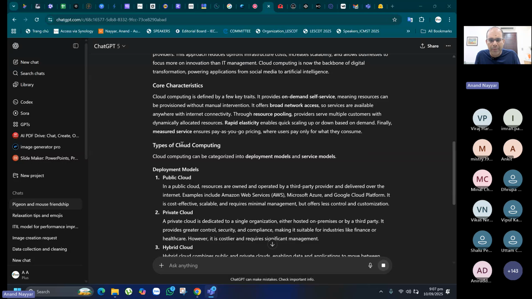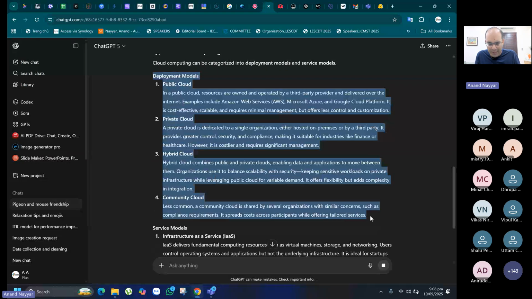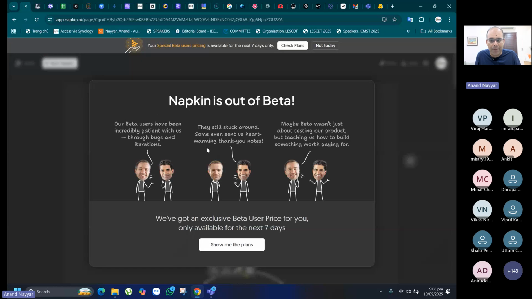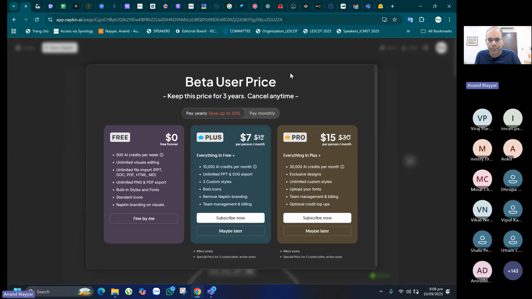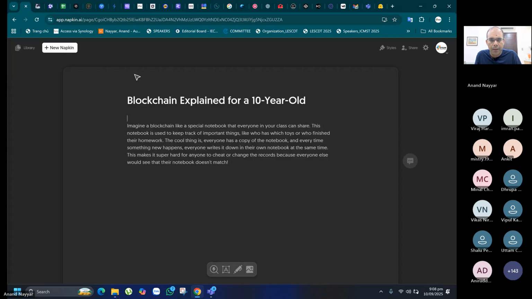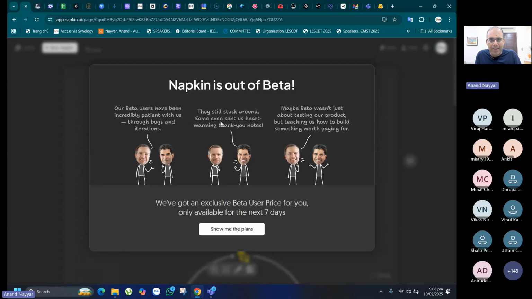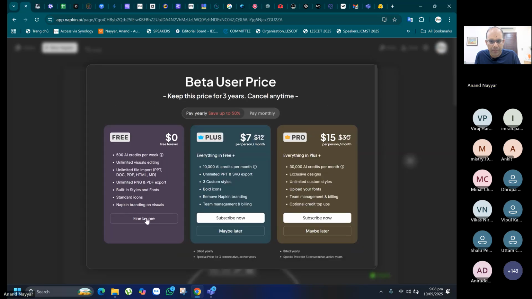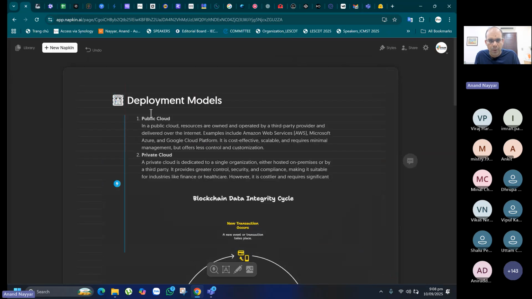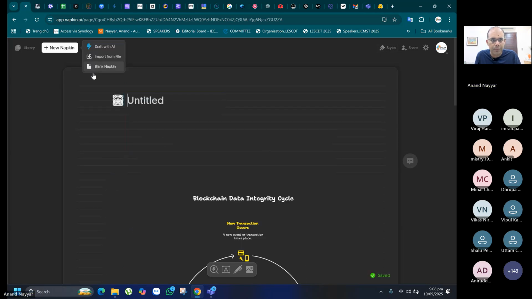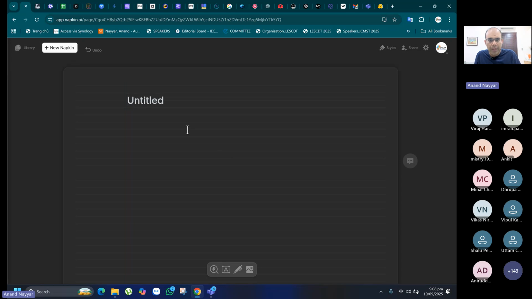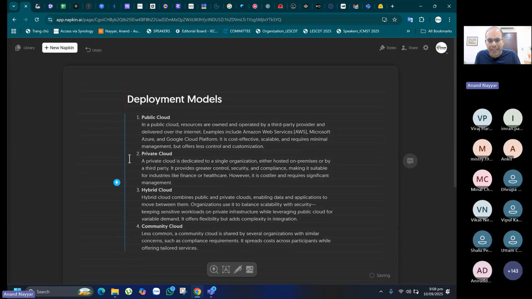Okay, so let's take this one, everybody, that I want to make one diagram for this information. So I copy this information, and now what I do, I just paste it. It is giving me some problem. Okay, so I just paste this information, everybody. After that I just have to select the information and I click on this